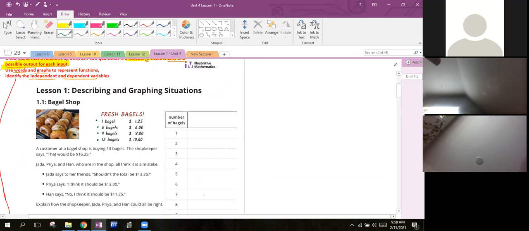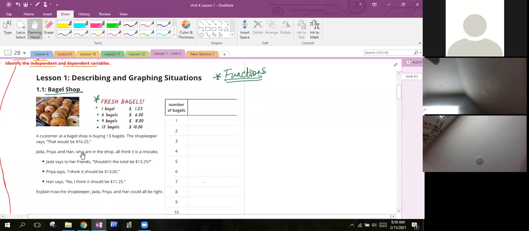So I want you to imagine yourself in a bagel shop. Remember, we're talking about functions. That's our focus. So we're in a bagel shop, and you see the menu up there. One bagel is $1.25. 6 bagels is $6. 9 bagels is $8, and 12 bagels is $10. So there's all the prices that we know. Based on that information, a customer at a bagel shop is buying 13 bagels. The shopkeeper says that's going to be